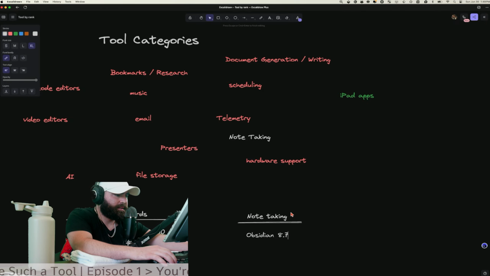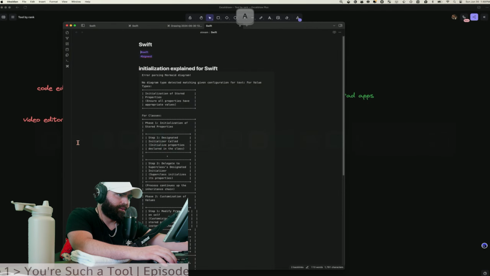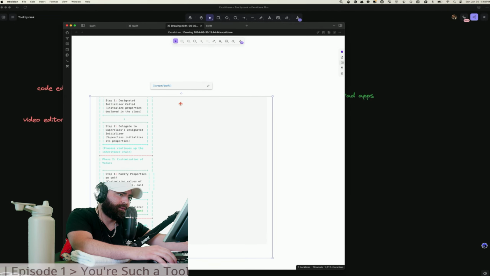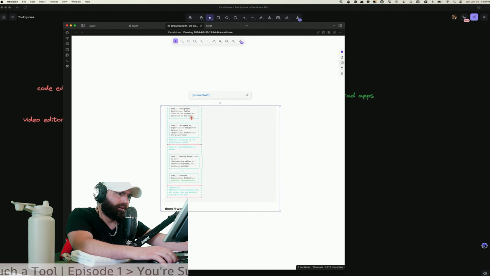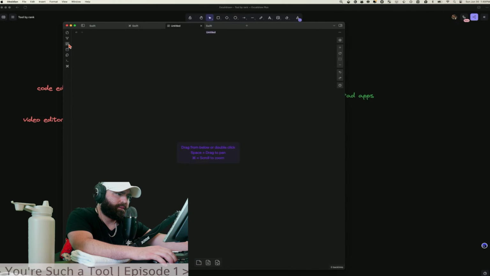Now, what I'm hoping is that, well, I won't go there. I don't want to linger on one too long, but even just having that ability to edit stuff inside the board is just crazy to me. That's really good. And that doesn't even speak to the native canvas, which I was hoping you could do here, but I think there's some drag from below, or double click, space drag. Okay, yeah. So what is this?